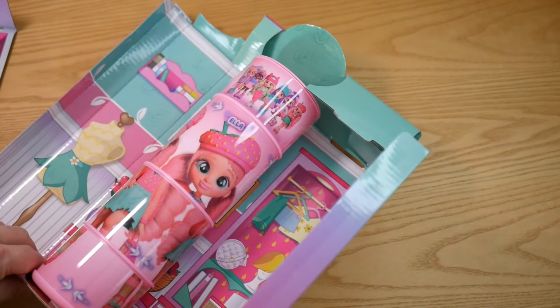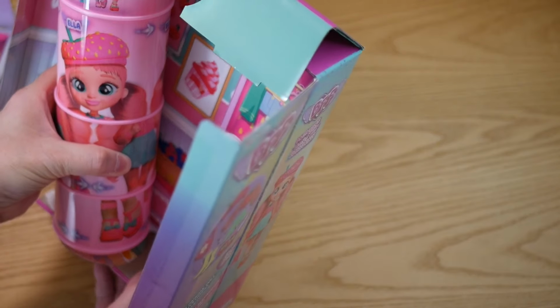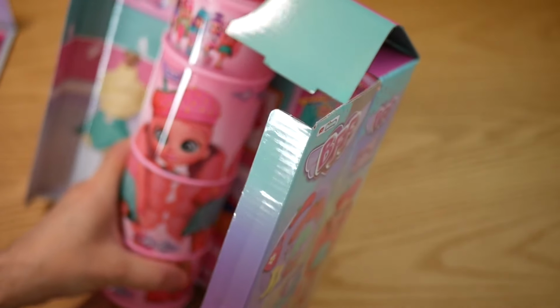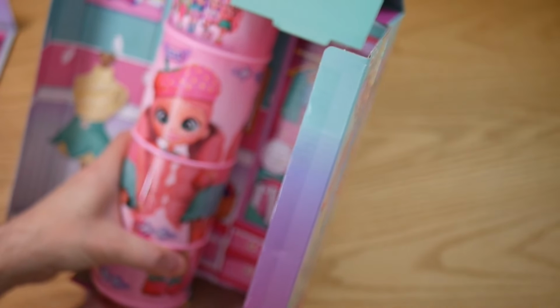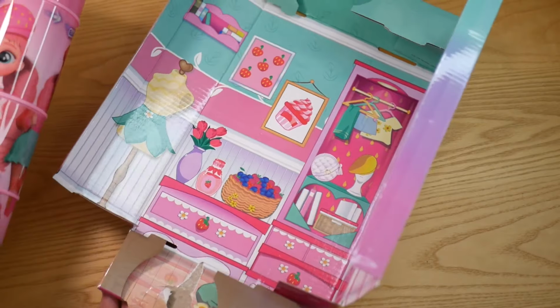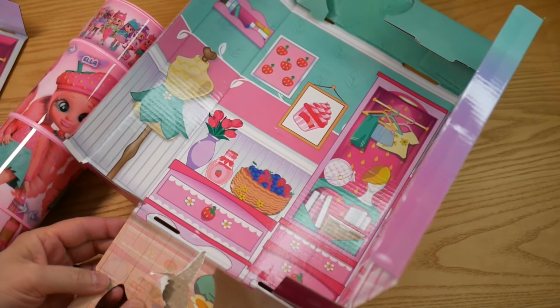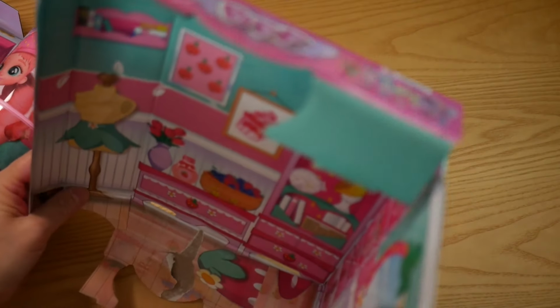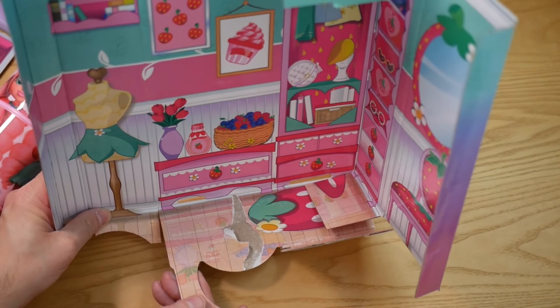So I'm presuming the same thing happens probably on the bottom here, but I don't know. Oh, okay, this is just stuck in. So if I, oh, okay, I've ripped it now. Well, look, it's not going to make it any better, is it? Oh dear, that's annoying. So I've just ripped the bottom of the kind of the floor of the room, which